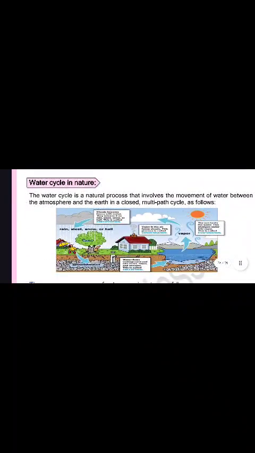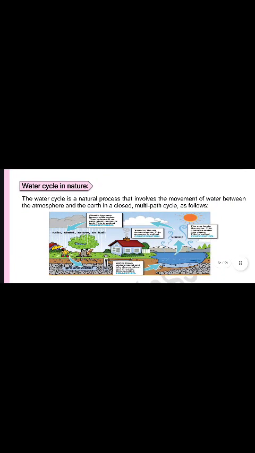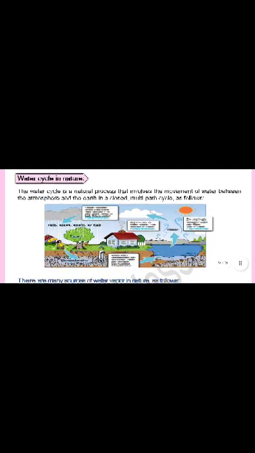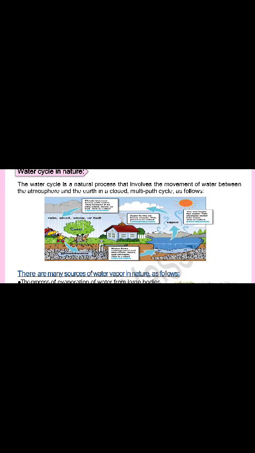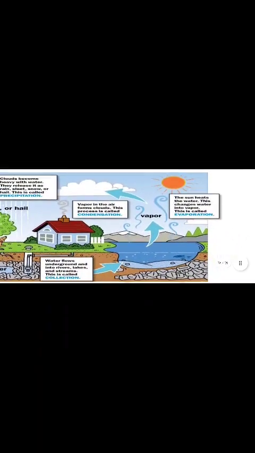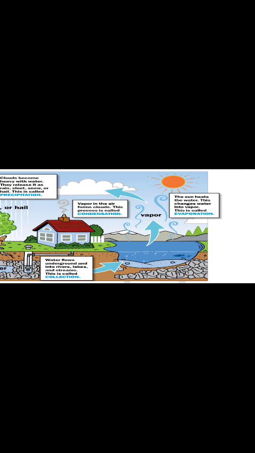Okay, the water cycle in nature. The water cycle is a natural process that involves the movement of water between the Earth and the atmosphere. As you can see, it starts from the water body, and then, when it is exposed to the sunlight rays, the water body heats up and evaporation starts, so the water changes from liquid into gaseous state